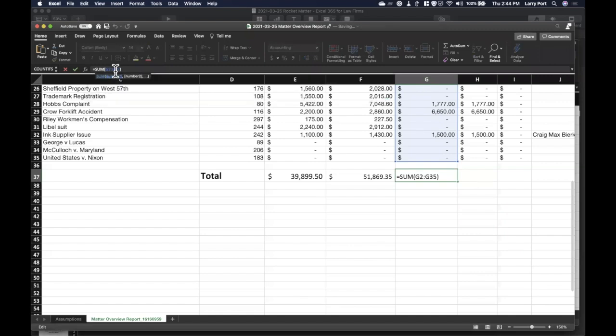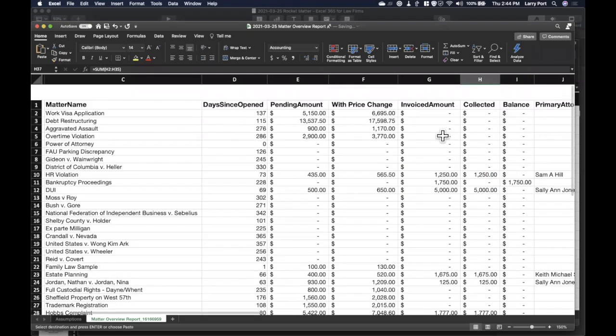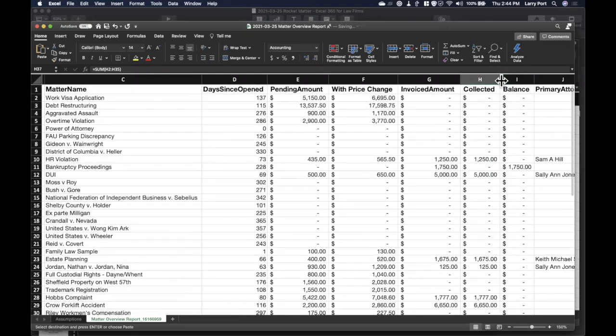So Excel likes to move the ranges as you move your functions and as you're working with the documents. And that's a really amazing function. But if you don't understand anchors, then it's going to be a nightmare for you. So that's why I went through anchors first. And then I can do that over here as well. Okay. And I don't even know what this column is. Invoiced amount and collected. Okay.